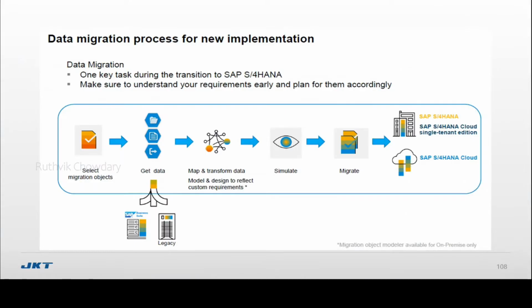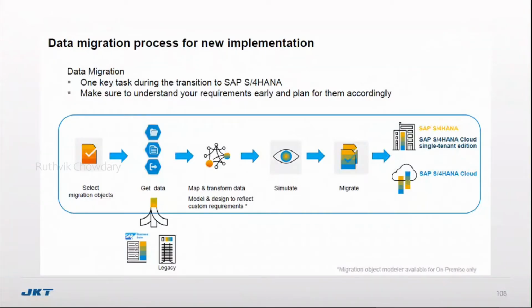Now, with the help of this Migration Cockpit, you can just select what master data you want to upload and simply download the Excel file. A predefined Excel file will be there with all the fields already maintained. You just need to download that Excel file from the system and share it with the business. The business will fill in the data and upload it into the system. In that way, this Migration Cockpit is used.